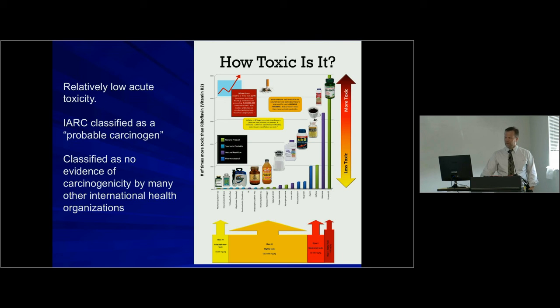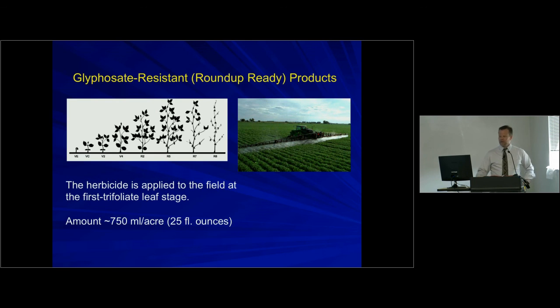But how does it work? Well, one of the other aspects of this, I told you how it worked. Let's talk about how it's used. Farmers spray this, so you plant your seeds, you let the crop grow, let the weeds grow at the same time, and then spray over the top with a single dose of Roundup, or maybe other ones later, but one dose of Roundup that then kills all of the non-transgenic plants, leaves your crop standing, kills all the weeds. And you do this at the first